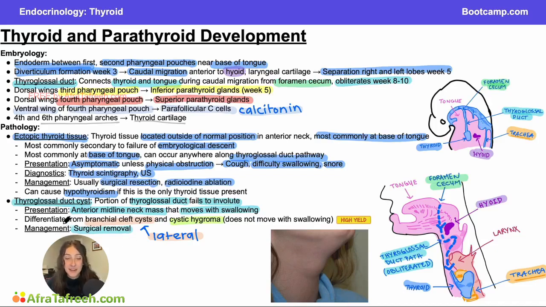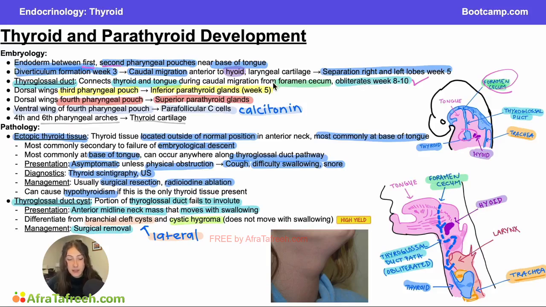All right, so I know that was a lot of information. Let's quickly recap. Some important things to remember about the embryology of our thyroid is that we're going to start out with this endoderm between the first and second pharyngeal pouches. We are going to have an outpouching at the foramen cecum. This is going to lead to our thyroglossal duct, which is going to dangle our thyroid off the end of it during its descent. The thyroglossal duct needs to involute around week 8 to 10, so we don't get a